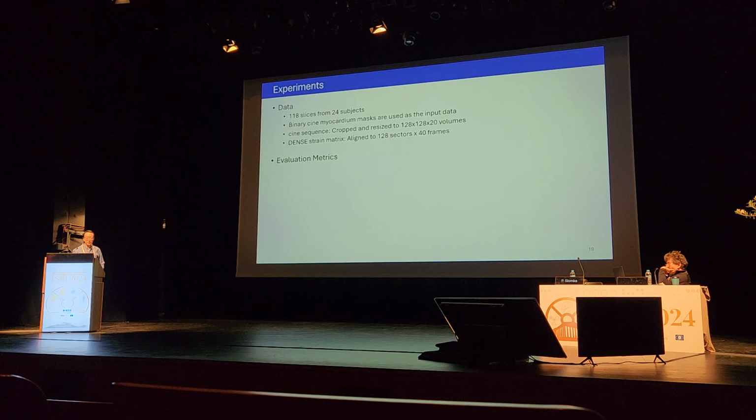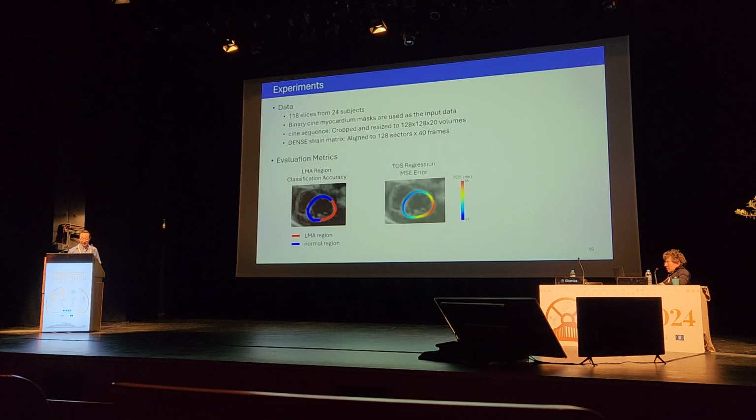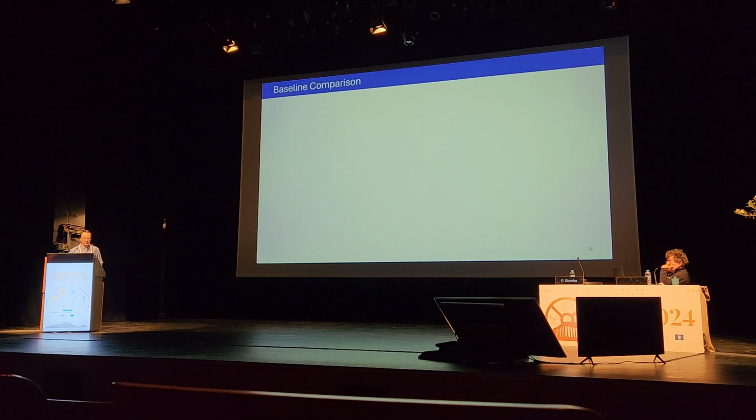And we include 3 evaluation metrics. The first is LMA region classification accuracy, where for each location on the myocardium, we want to classify whether it's LMA region or not. Second is TAS regression MSE, where we directly estimate the activity time for each location along the myocardium. And finally, we have the visual evaluation of this 3D activity map. How well can we identify the LMA region if we just look at it and want to search for the best CRT